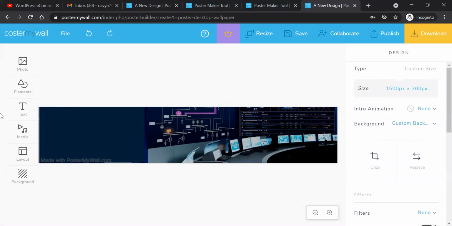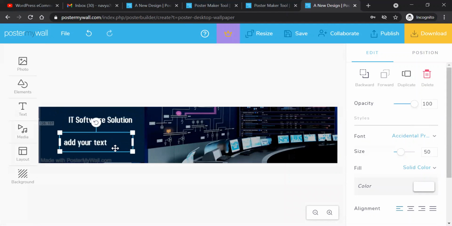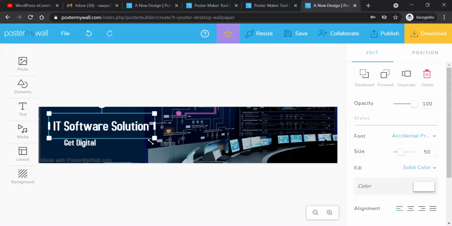Let's delete and add it again from Plain Text: IT Software Solution. One more text: Get Digital. You can add as many texts as you want over here. Let me increase the size.